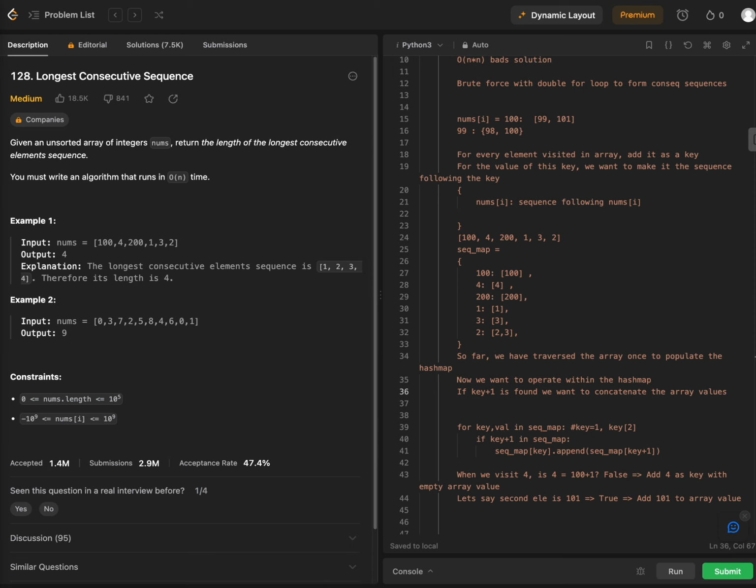Okay, so I believe in Python it's just a join, so we can do join here, right? So if key plus 1 is here, we have sequence map key plus 1. Back to this case, we have this, and we want sequence map key join sequence map key plus 1. We join 2 to here. When we come to 3, right, we come to 3,